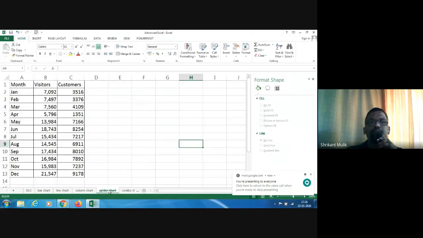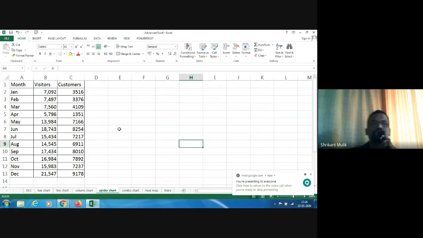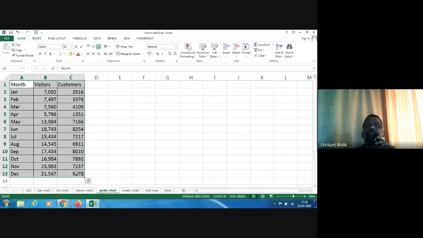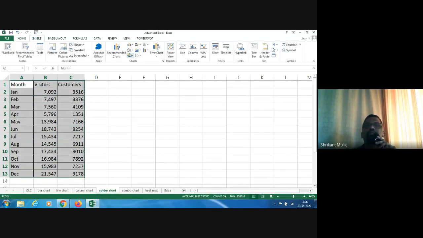The next chart that I want to show, before I show that chart, I will show you this. So this is month, visitors, customers. And if you want to show how visitors are happening over a year, right? Now, when you are showing this, if you remember my rule number 2, you would know that you should always use a line chart for this, right? So definitely we'll use a line chart. So we'll go ahead, select the data, insert, put a line chart. Okay, I put a line chart.